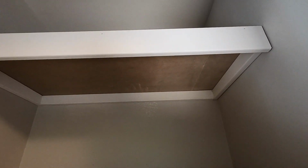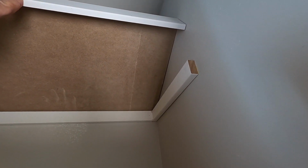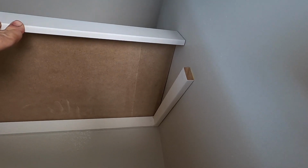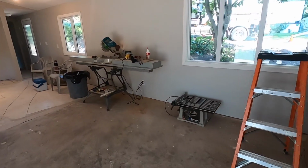I'm not sure if you can see this or not, but I'll bring the camera in here. Right here you can see a little seam in the material, and that's where I added on to the end of this board here on the left. I added on this little piece in order to make the shelf long enough to fit in my spot there. Now once that's all painted, you won't even see that, but I'm going to show you how I did that using this tool over here,